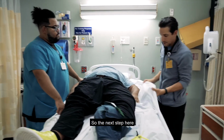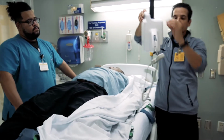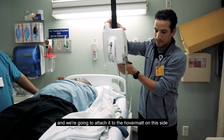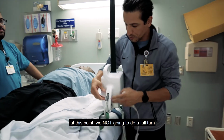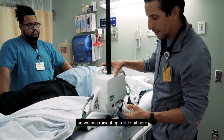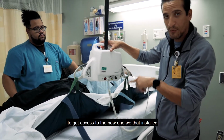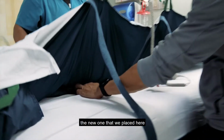So the next step here, we're going to take the portable ceiling lift again and we're going to attach it to the hover mat on this side. At this point, we are not going to do a full turn. All we are doing is attaching it to the hover mat so we can raise it up a little bit here to get access to the new one that we installed. There you go. As you can see, the new one that we placed here,